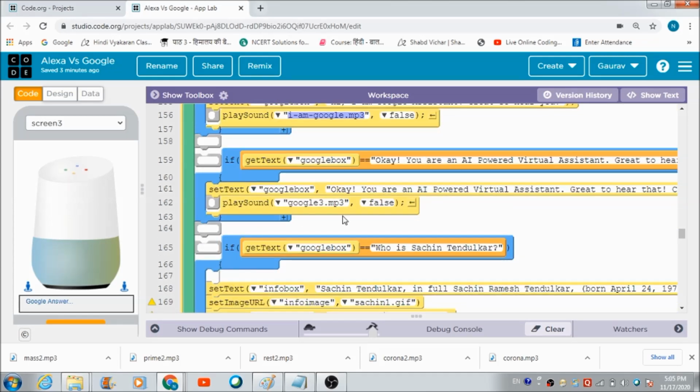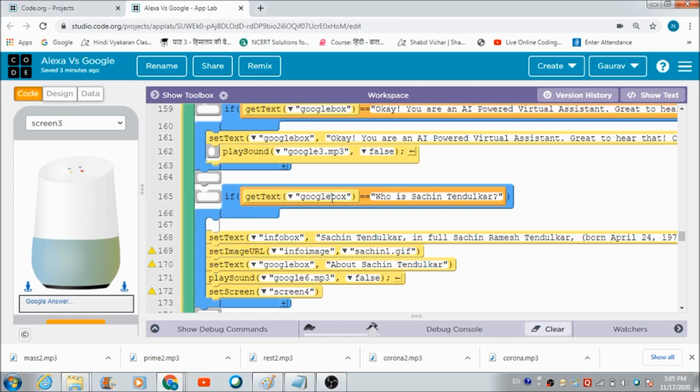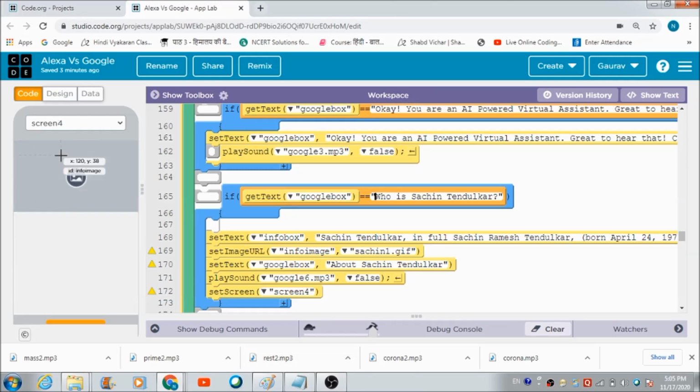Now what's going to happen when the user enters this question, who is Sachin Tendulkar? We have one more screen over here, screen 4.